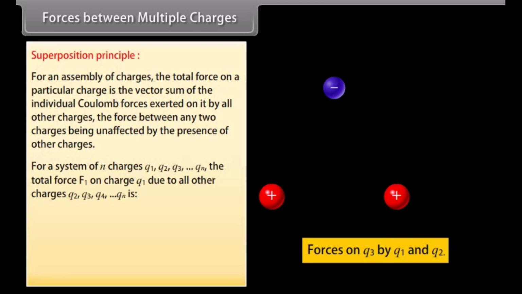on charge Q1 due to all other charges Q2, Q3, Q4 and so on till Qn is F1 is equal to F12 plus F13 plus F14 and so on till F1n. This equation can be written as